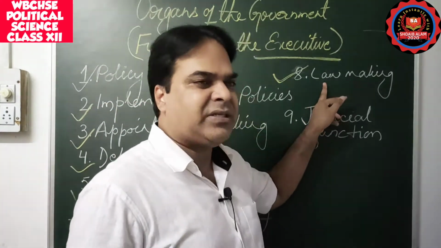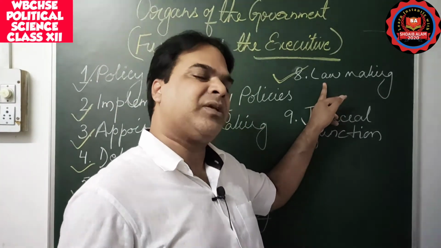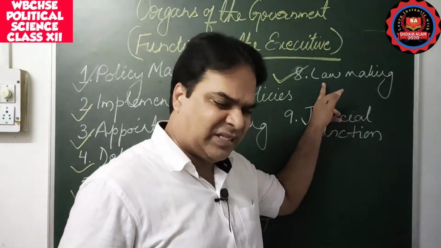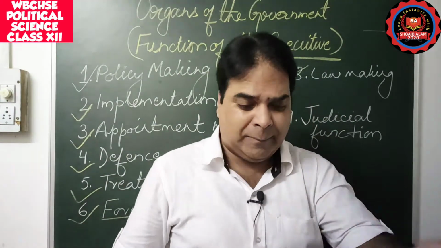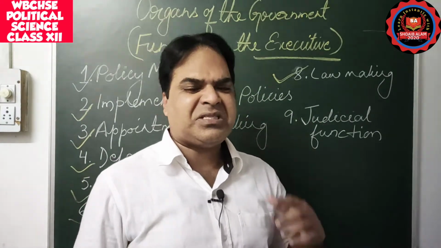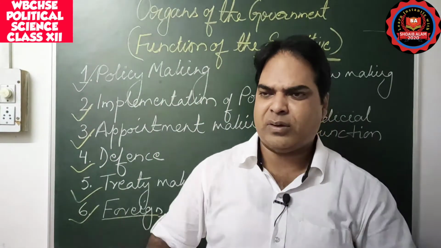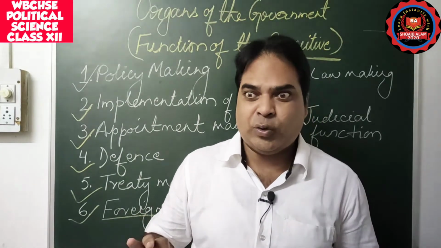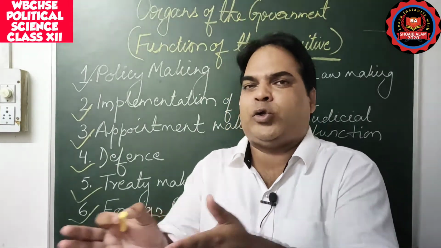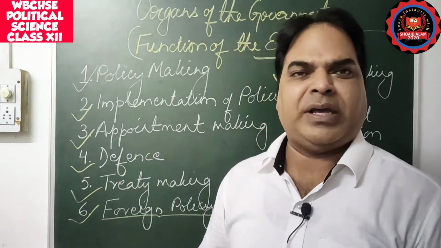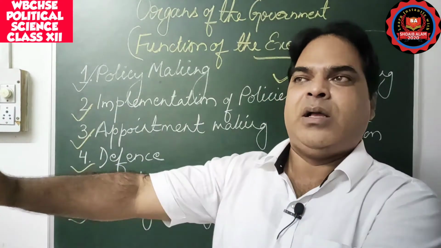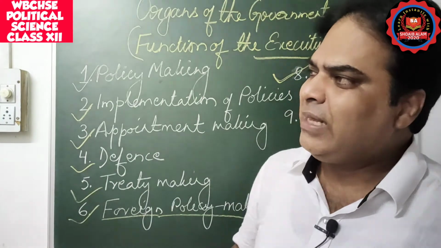So in a parliamentary system, it is in the hand of the prime minister and the council of ministers, and in the presidential system that is done by the president. Though in a presidential system the president is not a member of the House of Representatives, how does he do it? He conveys the message to the parliament that this type of law is required, and his friends or whoever are the members of his party in the House of Representatives or the Senate, they will frame